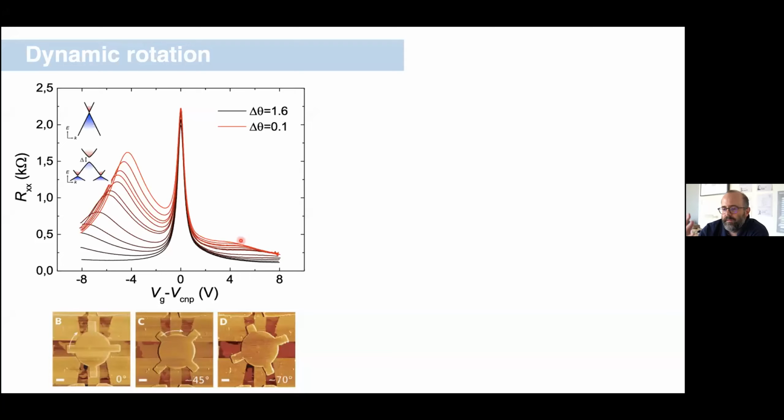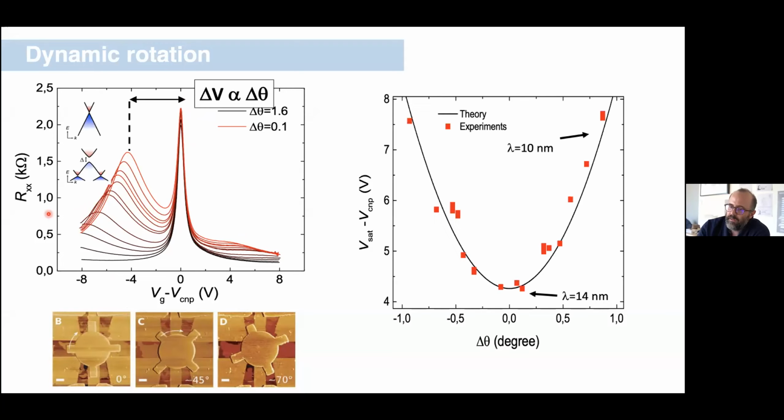The electron side peak is a little bit diminished. That's typical in room temperature data for these systems. What you can see is that as we rotate this BN away from alignment, the position of this satellite peak is continuously shifting out. That's exactly what we'd expect, because the position and energy where that peak exists is related to the size of the moire wavelength, et cetera. So we can actually use that position to measure the angle.